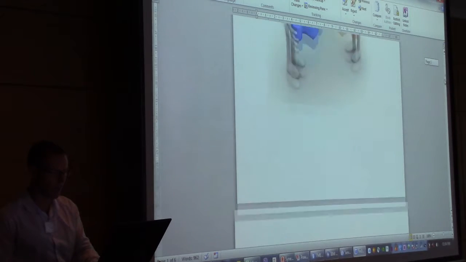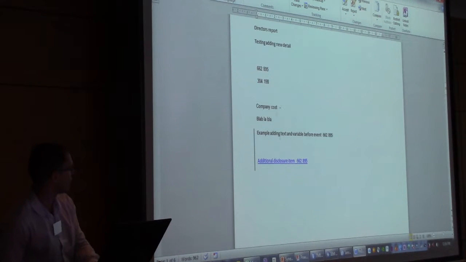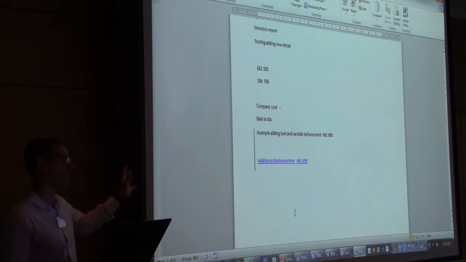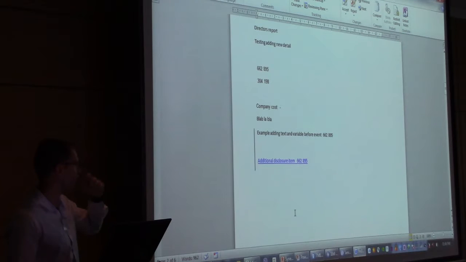So I'll just run my eye down, and you'll see there's the additional stuff. So very easily with auditors, with directors, all of that, you're going to be able to quickly see what's changed. So there's a whole lot to this thing that we can unpack, and if you are interested in this,